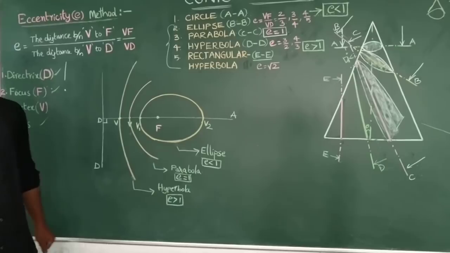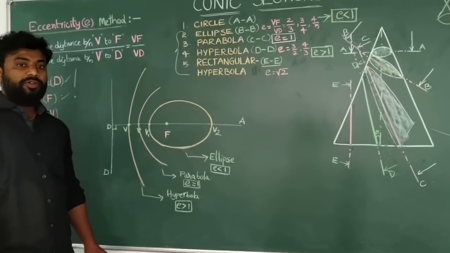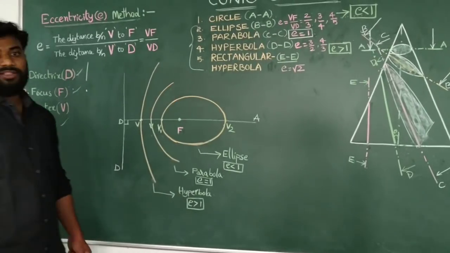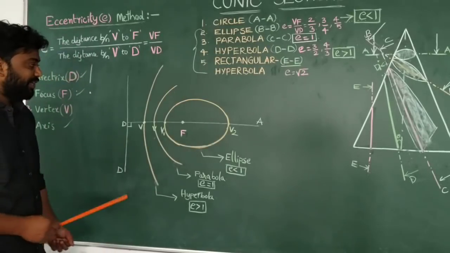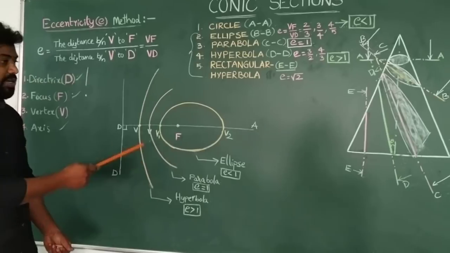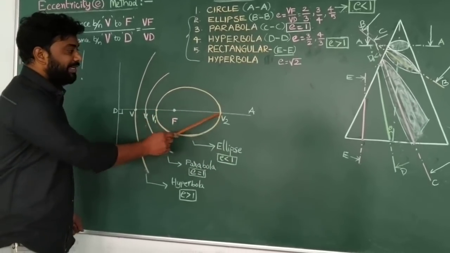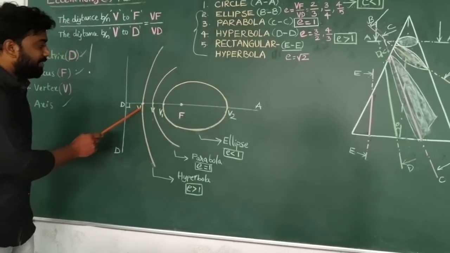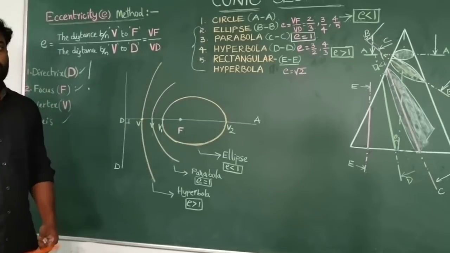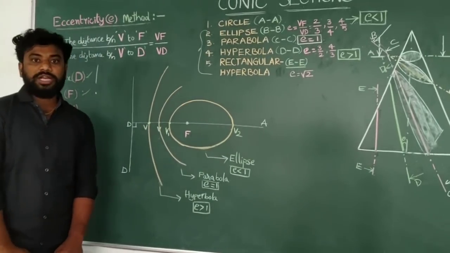We can construct these curves in the next video lecture, and we will solve a number of problems for the purpose of obtaining these conic sections. And we are able to see the difference also here. One more thing: this is a closed curve, that is why we are getting two vertices, and these two are open curves, that is why we have only one vertex. So this is about conic sections. Thanks for your patience.